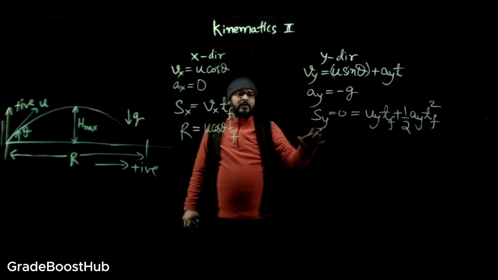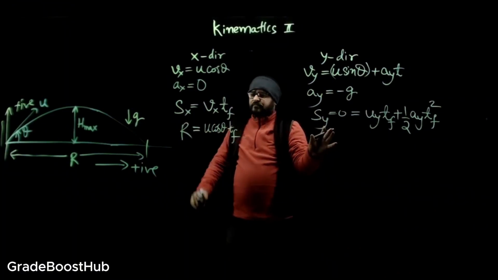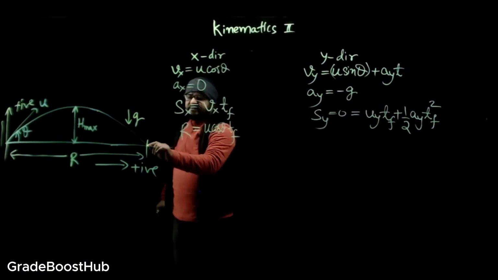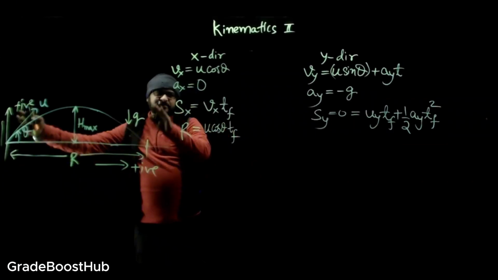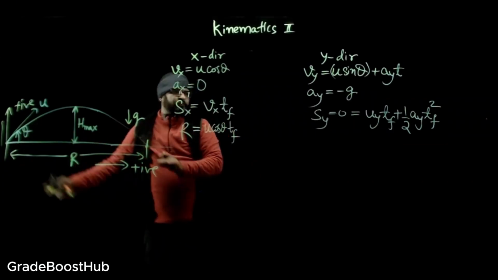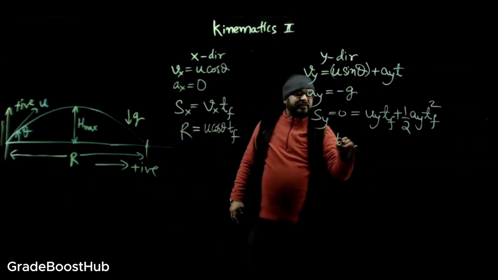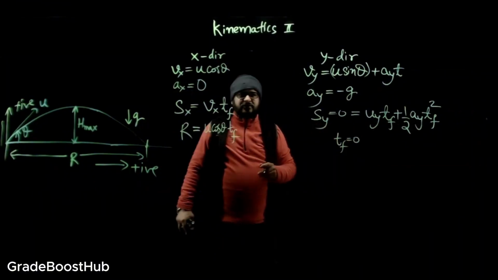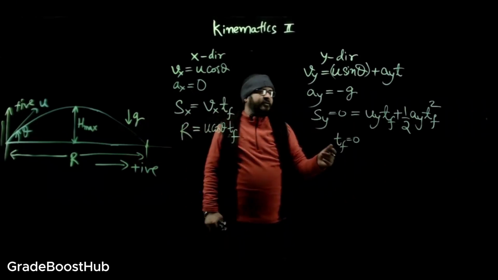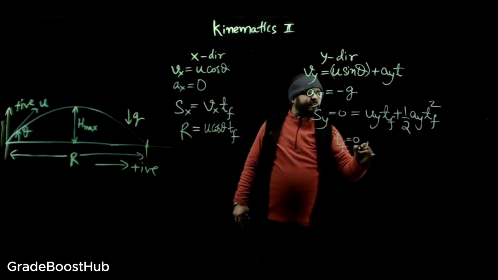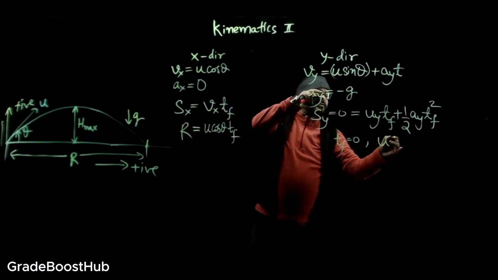Now, I want this to be 0 because at the range, its displacement in y direction is 0. It can happen 2 times. One trivial solution is time of flight is 0, which is the initial condition. Another solution: uy is u sine theta